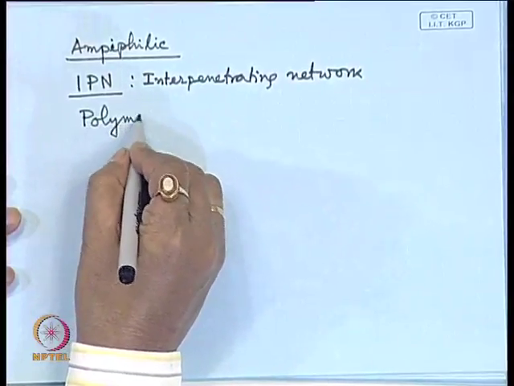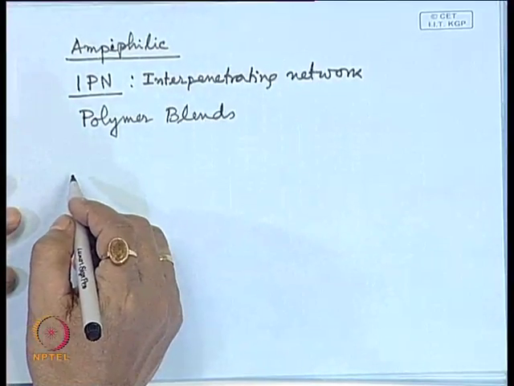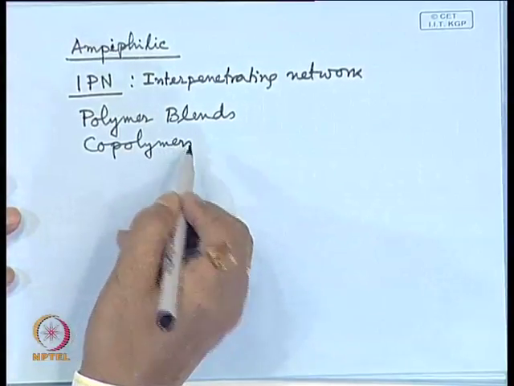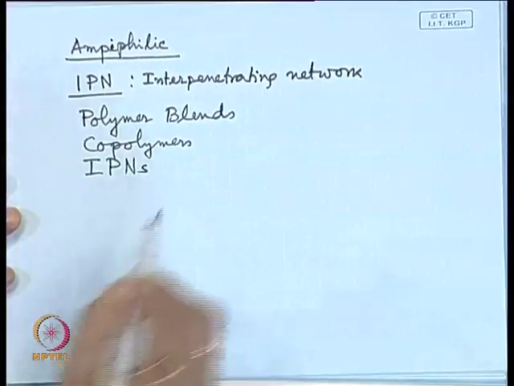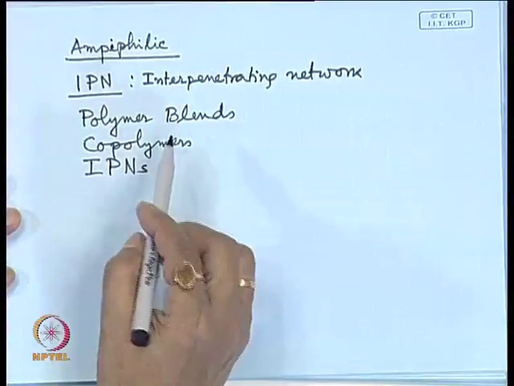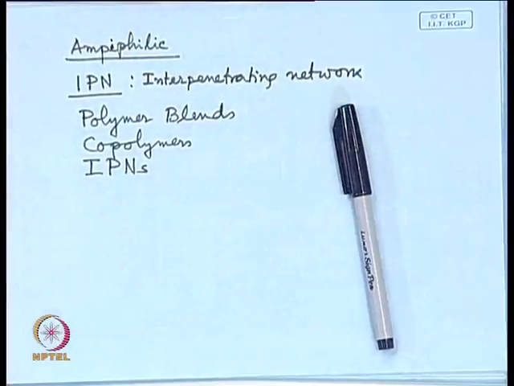In this connection, you will get some concept of polymer blends, copolymers, and IPNs. Why were IPNs developed? Before the polymer blends, we knew only these homopolymers, very simple: